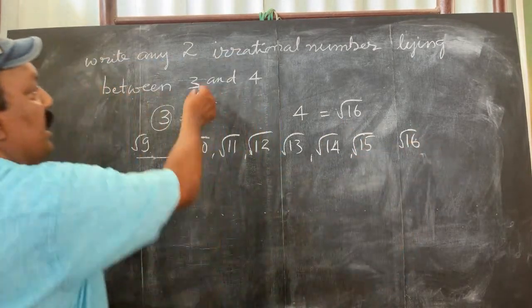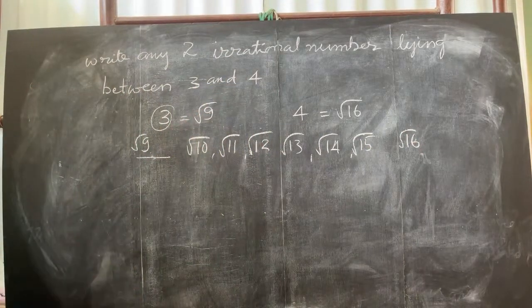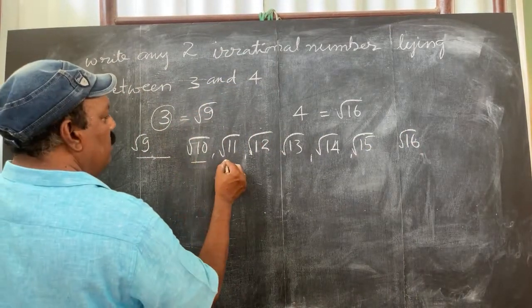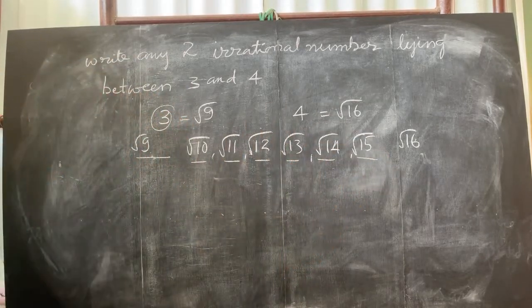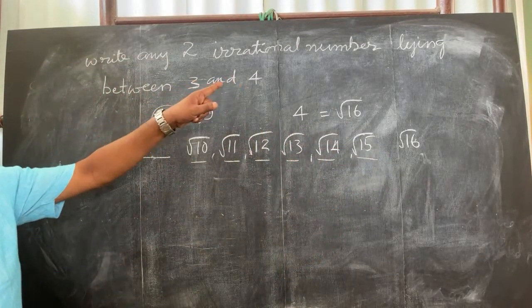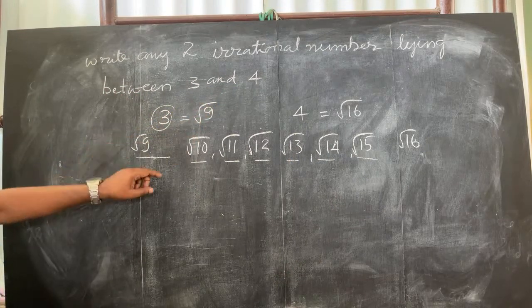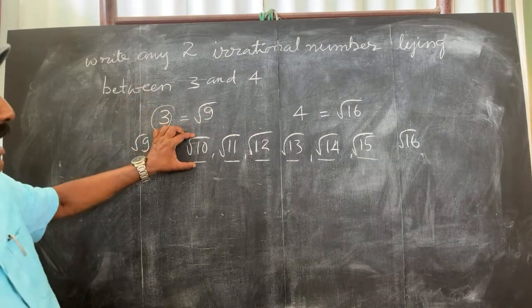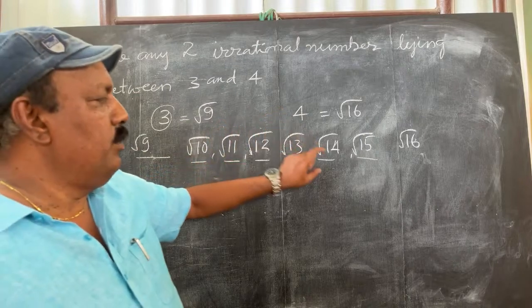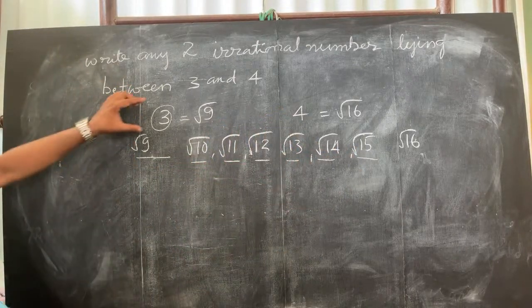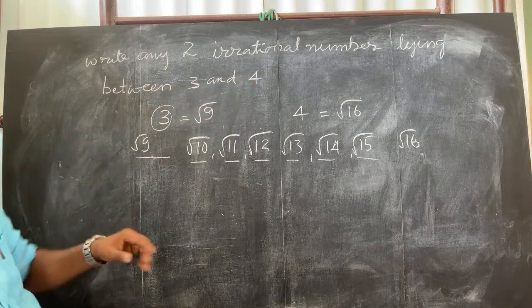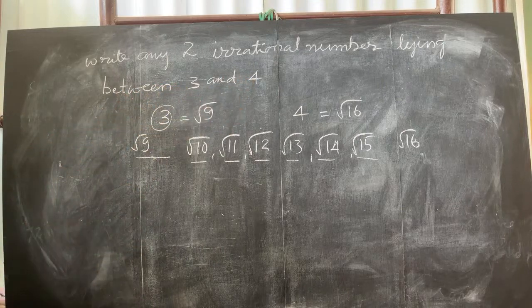So between 3 and 4, what are the irrational numbers present? 1, 2, 3, 4, 5, 6 irrational numbers are there between 3 and 4. What are those 6? Root 10, root 11, root 12, root 13, root 14, root 15. So 3 is root 9 and 4 is root 16, and these are between the two. And the next important sum is